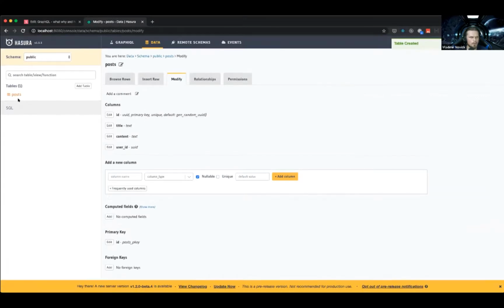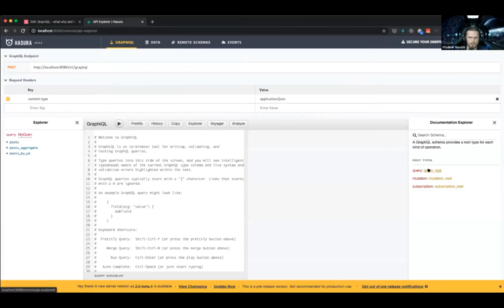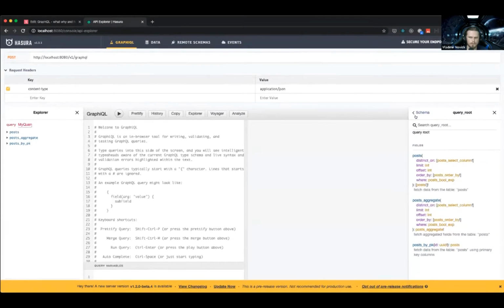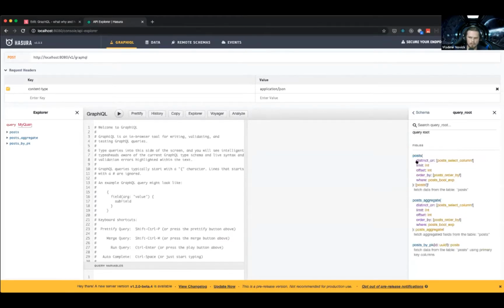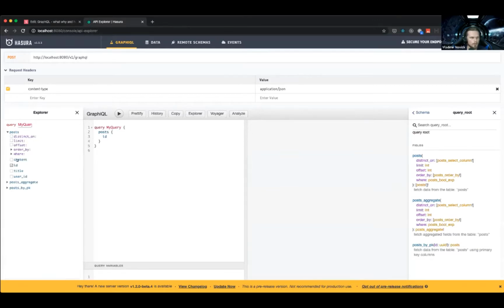So my user ID, whenever I create a user table, will be a foreign key to users table. So I create this table, and the cool part is, if I go to GraphiQL, I already can see that I have queries, and I have mutations, and I have subscriptions. And it's not only that, queries that I have has all these things here. I can run limit them. I can run where clauses in GraphQL. I can order things. And if I'm not familiar with GraphQL syntax, or I'm just starting out, I can go to Explorer feature here and just click on things that I want to create, and it will work.